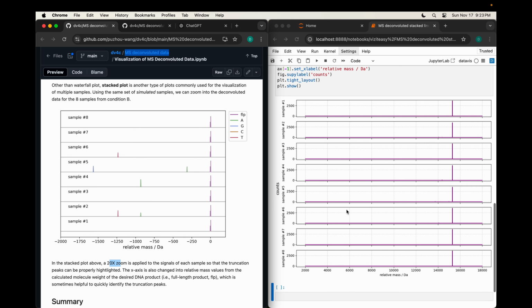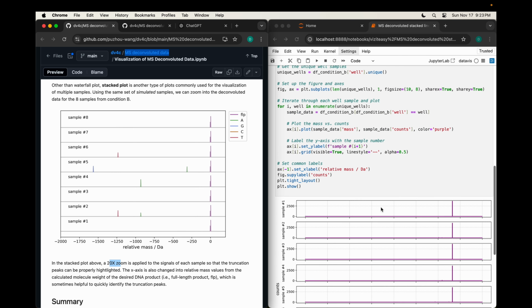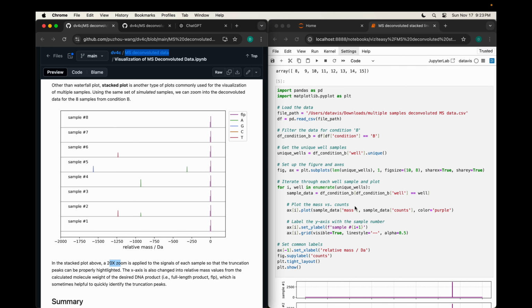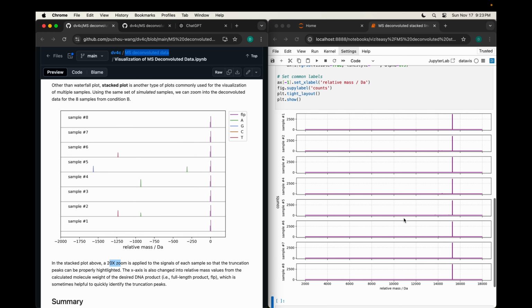I think the key part is that even though ChatGPT will label the x-axis as relative mass, we know that this is actually the absolute mass plotted here. And something else is that this is actually plotted in 8 separate subplots instead of having one plot. So, if we refine our request,